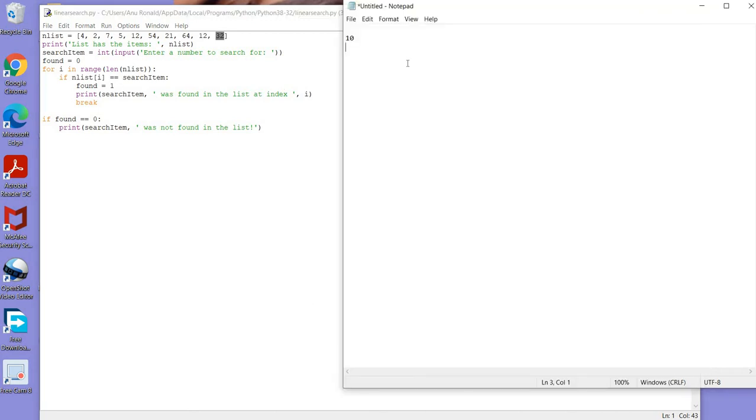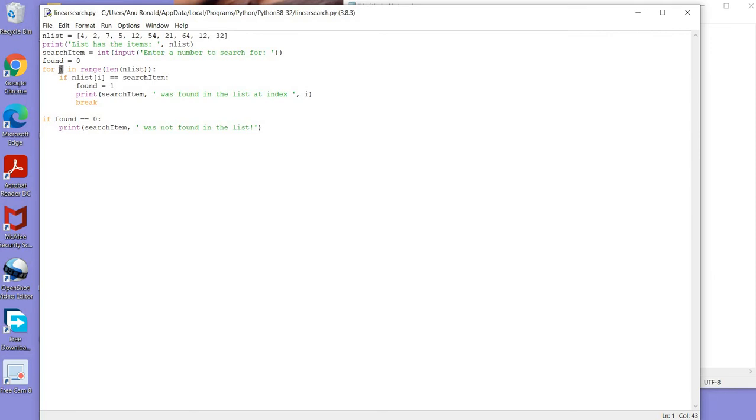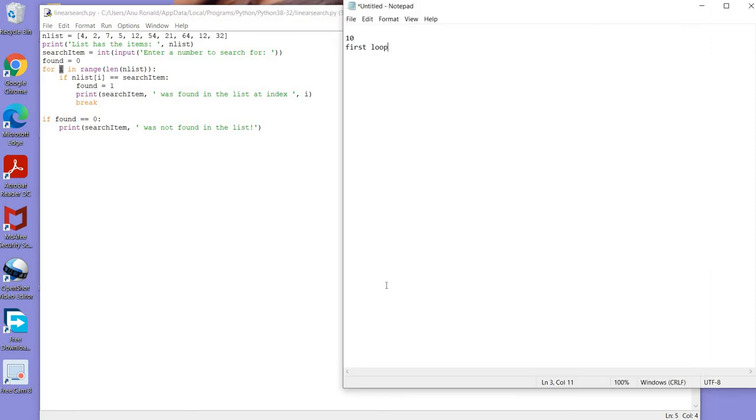In the first loop, what is happening? We check if nlist of i equals the search item. What is nlist of i? It is nlist of 0, because in the first loop i equals 0. So nlist of i equals the first value, that is 4.